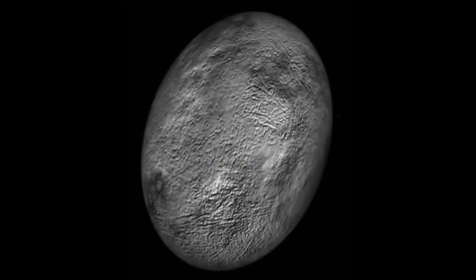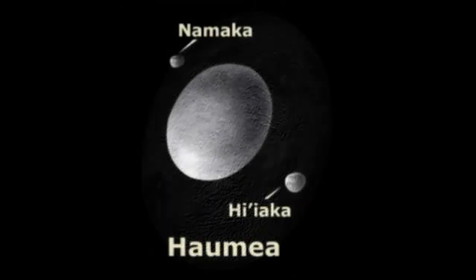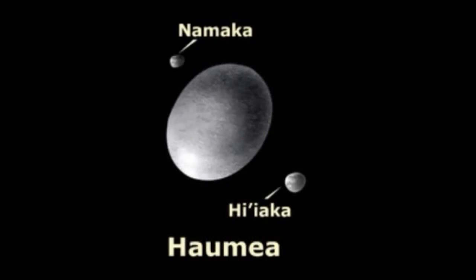Perhaps the strangest dwarf planet out there is Haumea. It only has a third of the mass of Pluto, but is shaped so strangely it makes it unique, as far as we know, within the solar system. Its unusual shape is believed to be the result of a large impact in its distant past.